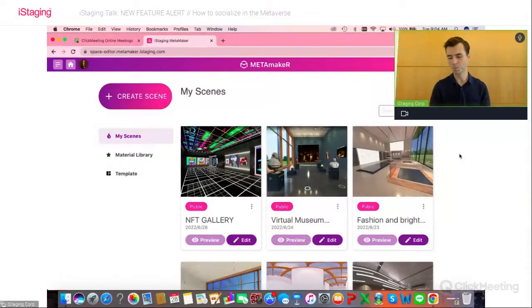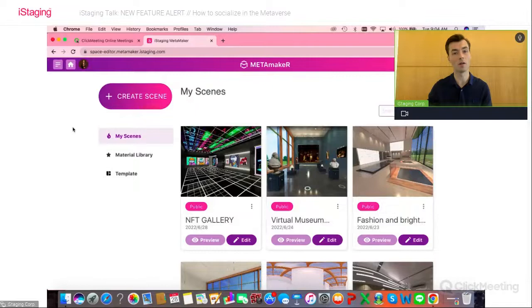Okay, so if you have a subscription to the METAmakeR, you're familiar with this particular editor. If not, then this is what the METAmakeR editor looks like. Once you begin, you can create a scene and start creating your virtual environment with one of the templates that we've got.